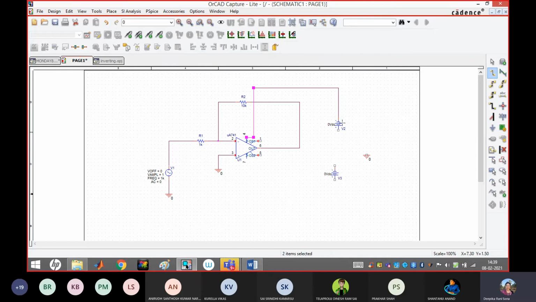See, this is not connected properly. That's why it was showing like that.